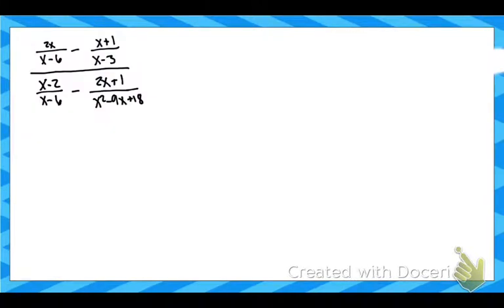All right, so this one looks a lot scarier. But again, what we're going to do is break it down and go step by step. The first thing we're going to do is simplify the numerator, the same thing that we did back when we just added and subtracted. Get a common denominator. In order to get that common denominator, the left fraction needs x minus 3. The right fraction needs x minus 6. So that's going to give me 2x squared minus 6x over that denominator